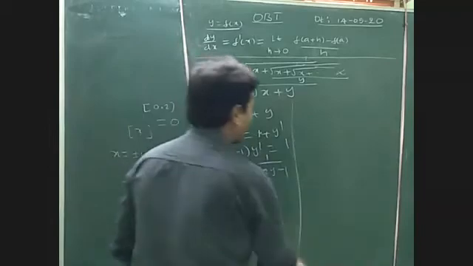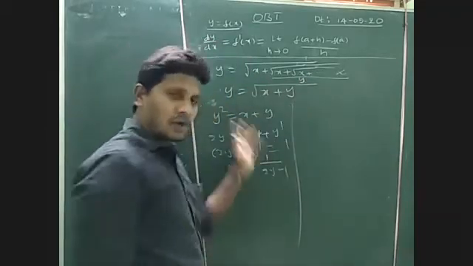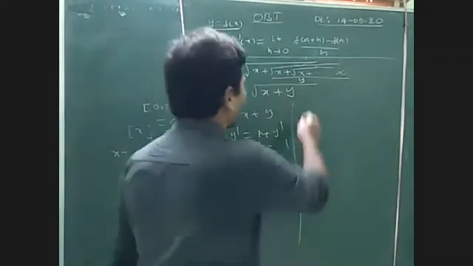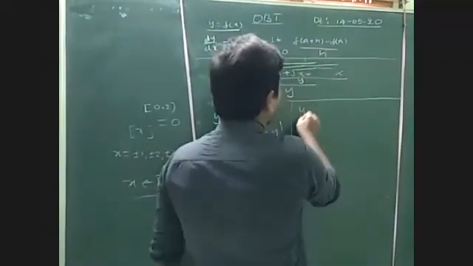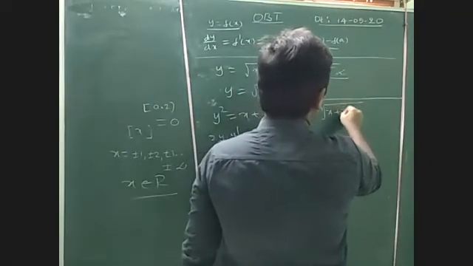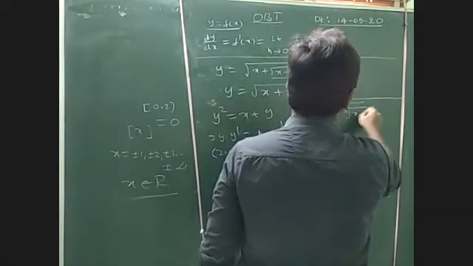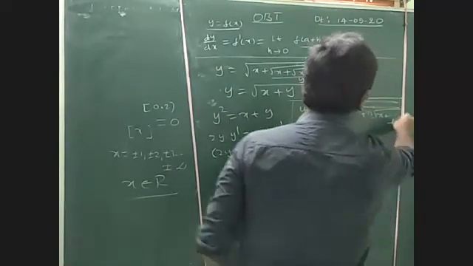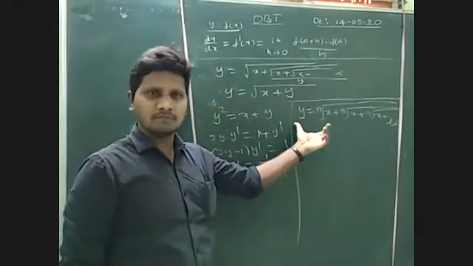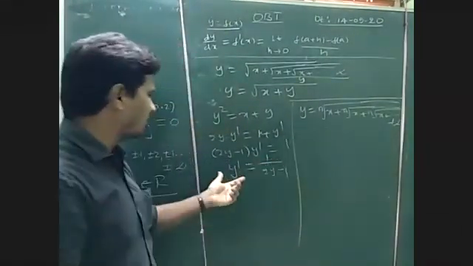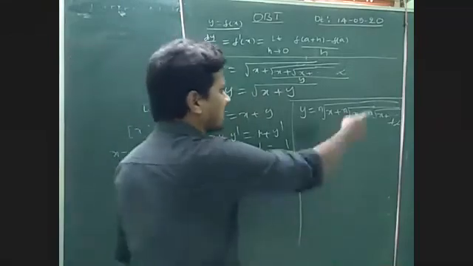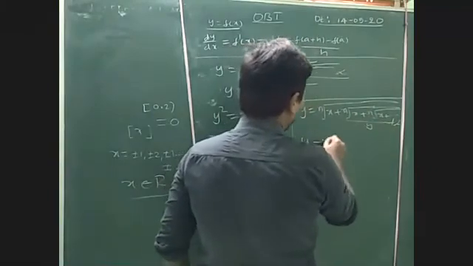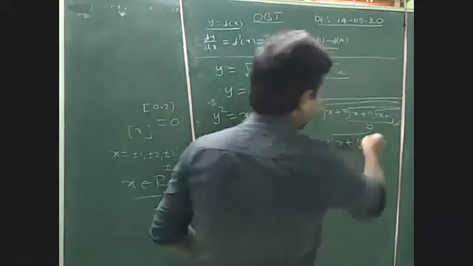In the same way, see here square root, cube root, fourth root, fifth root, sixth root, like that, nth root is there. How to simplify that? This is equal to nth root of x plus nth root of x plus nth root of x plus, and so on up to infinite terms. So we can find the general condition. Is there any formula directly for this dy by dx? Obviously, here also we can just replace this value by y. So y is equal to nth root of (x plus y) we can write.